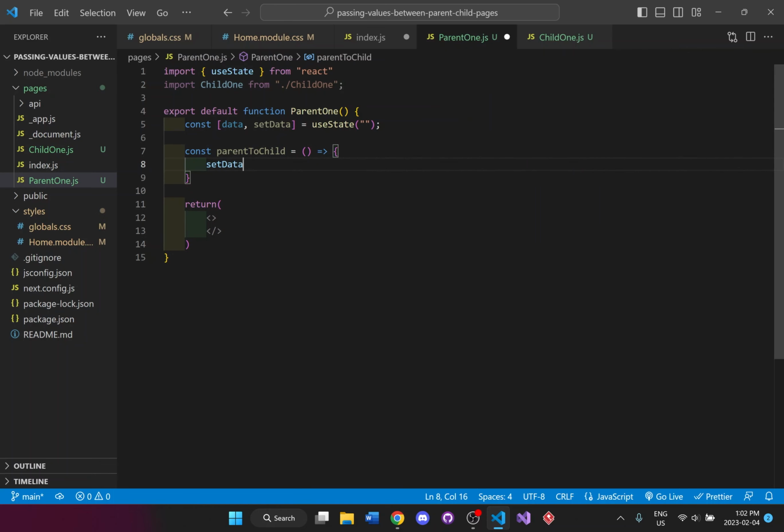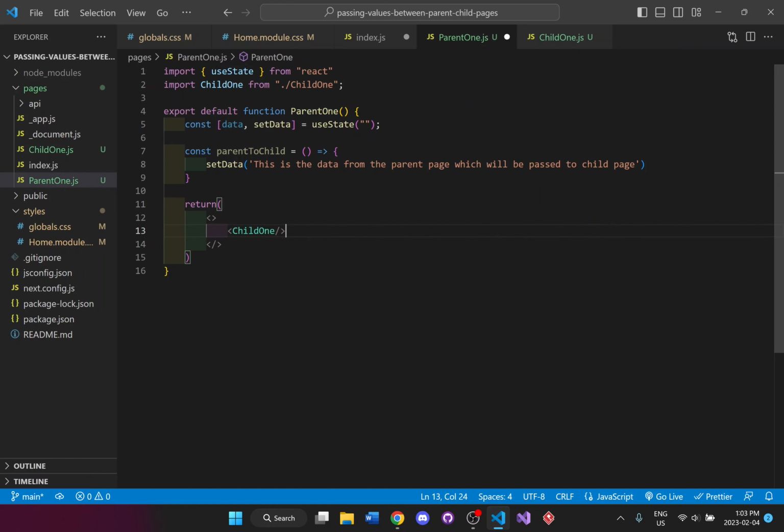I'm going to set the data, and I'll just make it say this is the data from the parent component, or the parent page, which will be passed to the child page. There we go. And here in between the return, I'm just going to call the child.